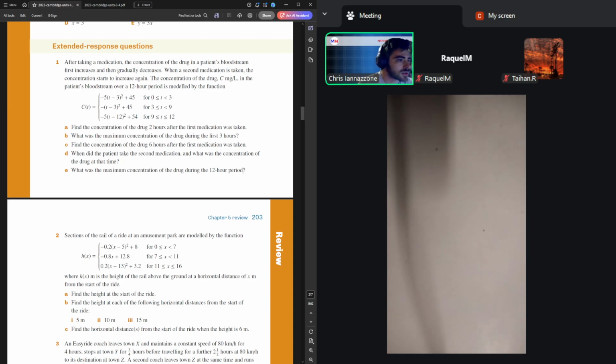After taking medication, the concentration of the drug is increasing and then gradually decreases over time. A second medication is taken, concentration will therefore rise again, and we've got this function that is essentially modeling the concentration of the drug over the 12-hour period of time. So you could imagine some peaks and some troughs as it rises and falls. Probably has to do with the breakpoints of these functions in the piecewise, right, as they sort of taper off